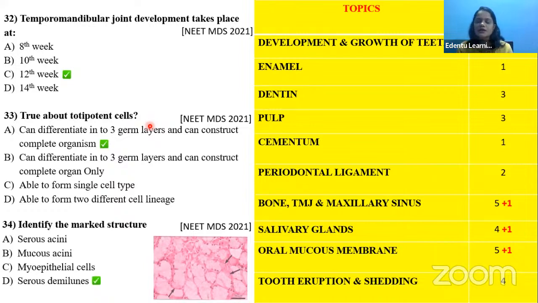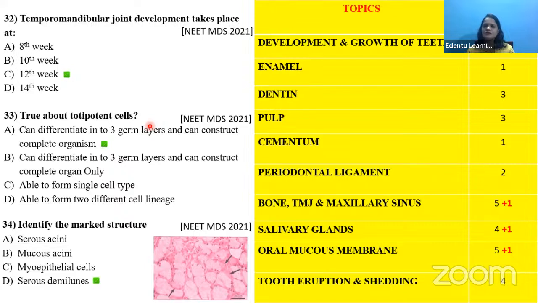This is a little bit high level topic. Totipotency means it is a type of stem cells. Okay, so stem cells are classified based on their potency. Potency means the ability to differentiate or the ability to divide. They are divided into 3 types: you have the totipotent stem cells, then the pluripotent stem cells, and then the multipotent stem